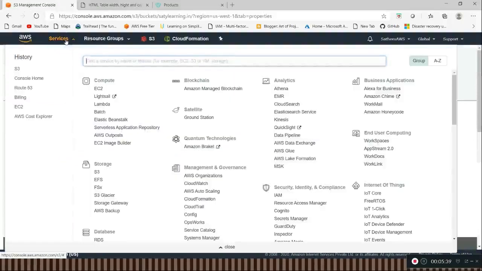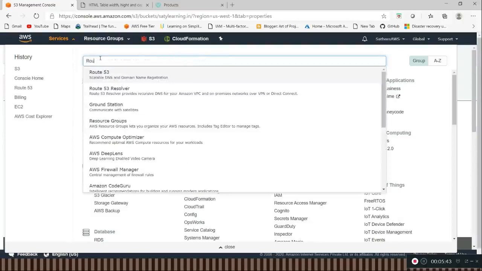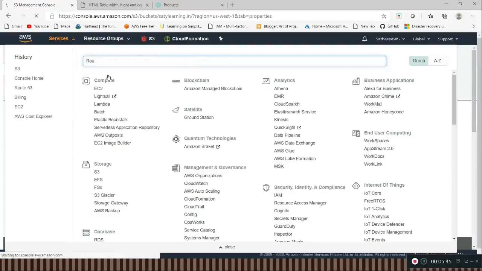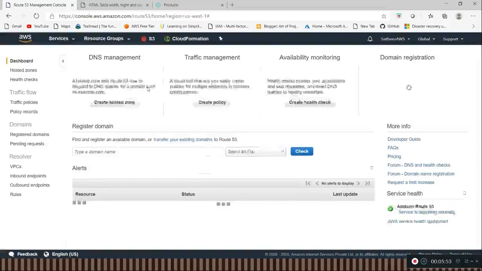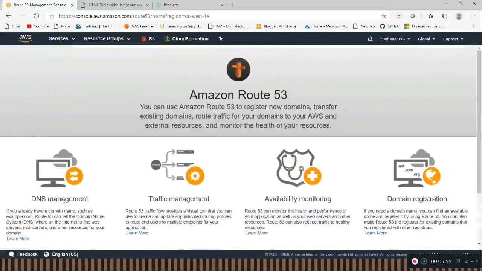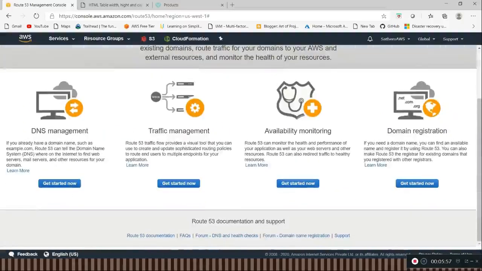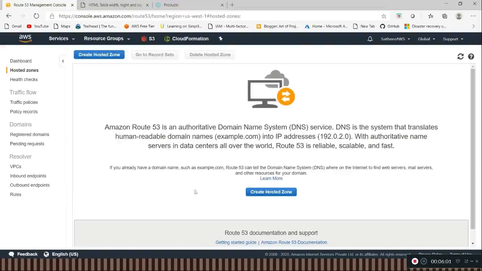Now we will go to the services and search for Route 53. So here we have a DNS management section. So I am going to create a DNS entry for our website.